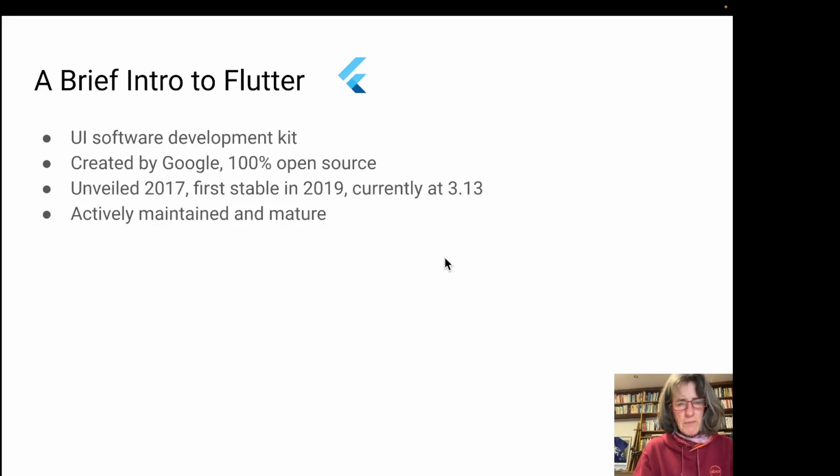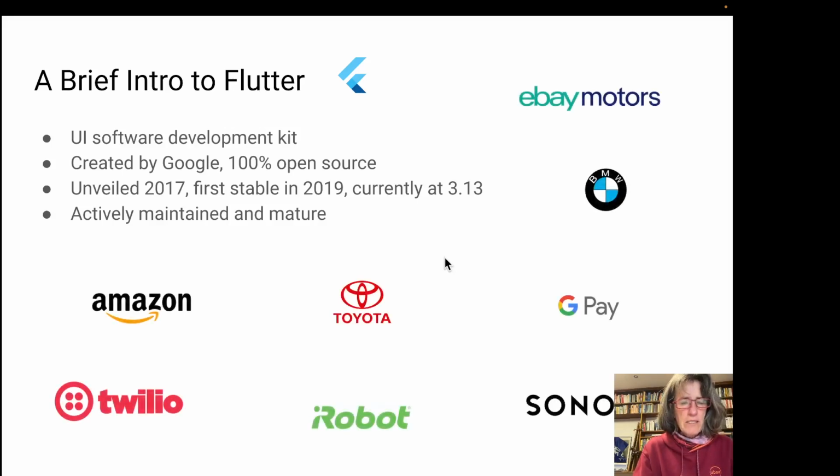Because of all of this, because of the long development cycle and the constant improvements, Flutter has been considered mature and production ready for quite a while now. And in fact, if you look at the list, and this is just a very random list, there are a lot of big companies who actively use Flutter and have made quite good experiences with it.